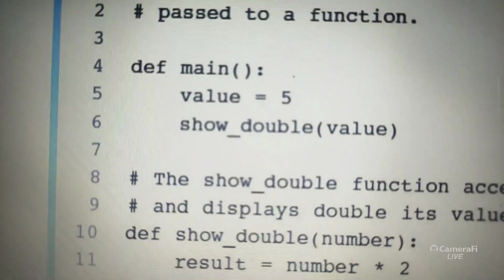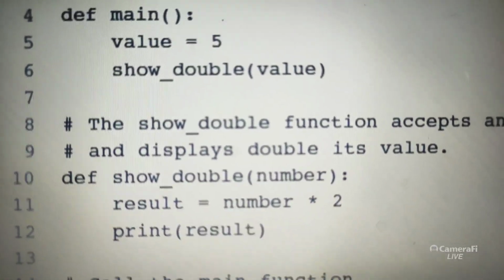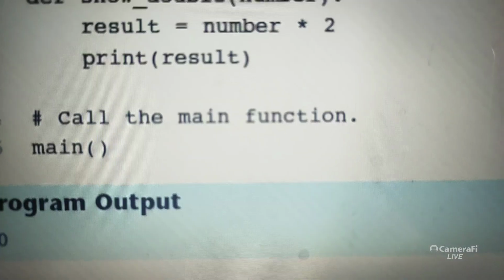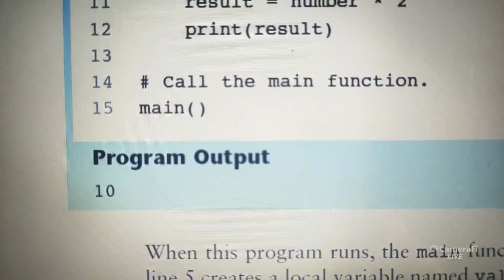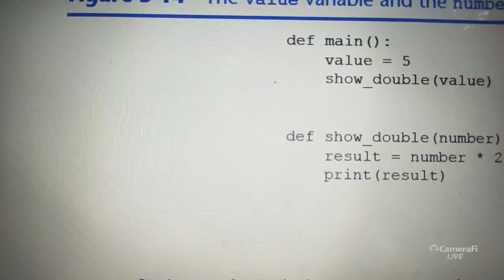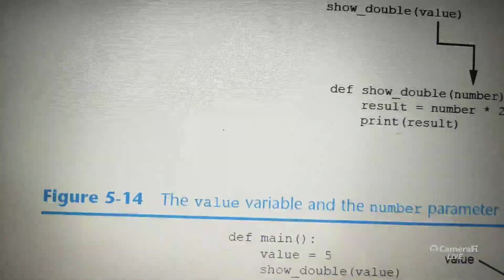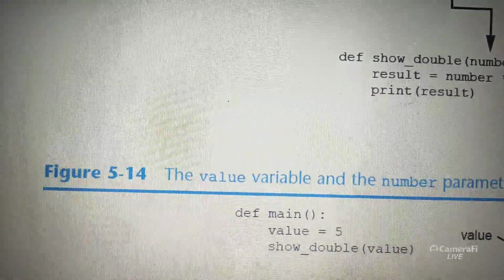What number is being passed as the argument? 5, show double of 5. So result equal to 5 into 2, so the printed answer will be 10. So this is how to call a function with arguments. We pass arguments, and this topic is also there in the C language.